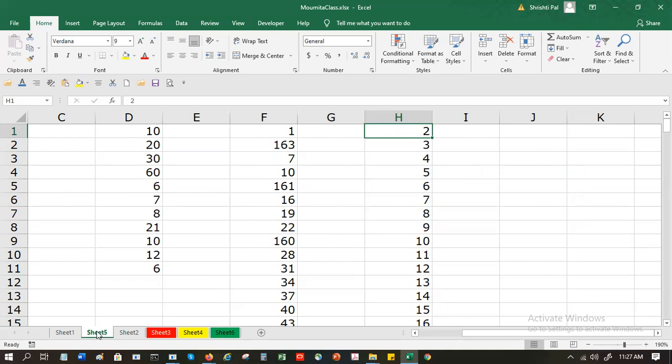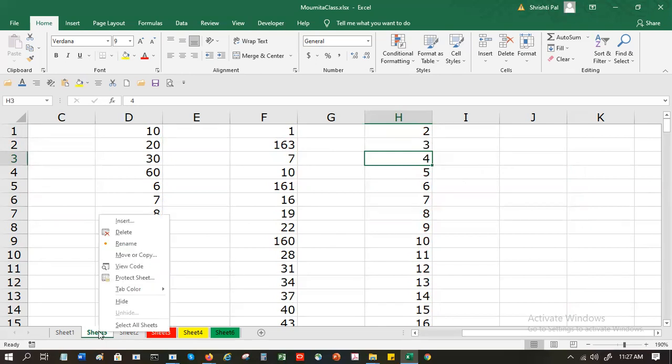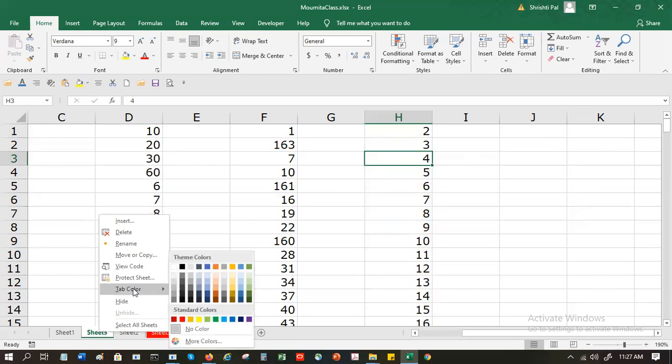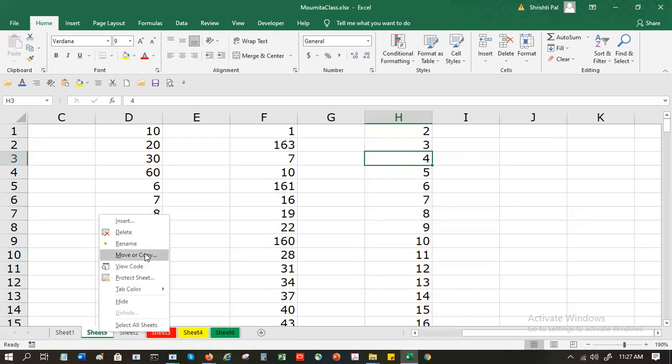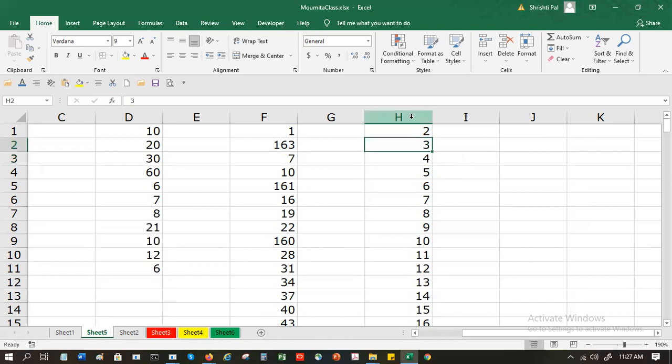So if you make a copy and you work on that, even if this gets messed up, your original one remains, right? So you know how to make a quick copy of the sheet, right? You can just move or copy, make a copy. Now let's continue with what we were doing.